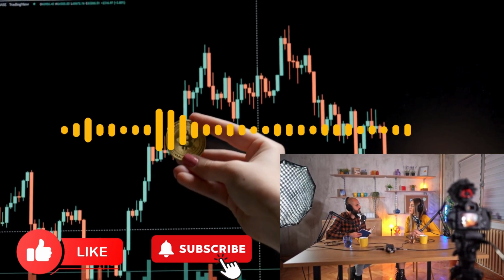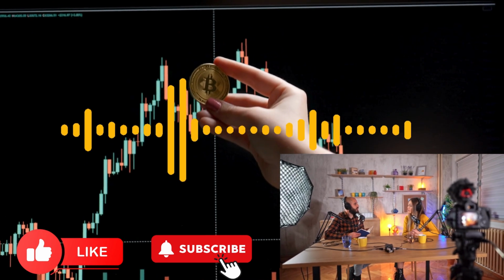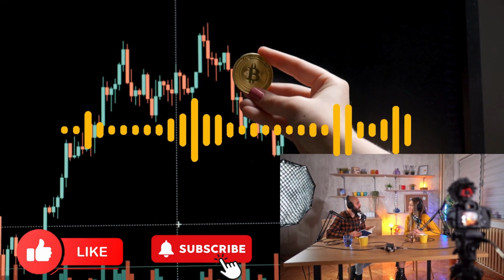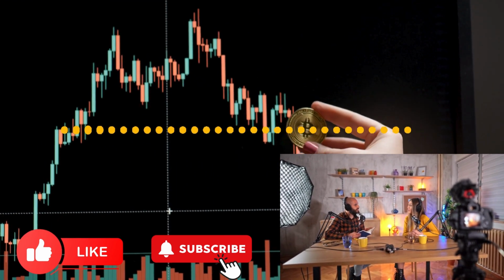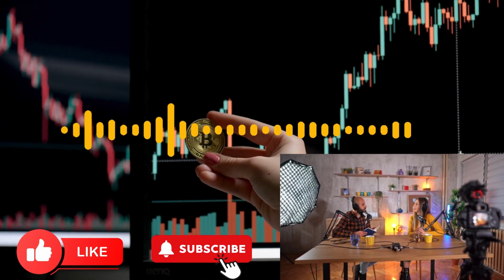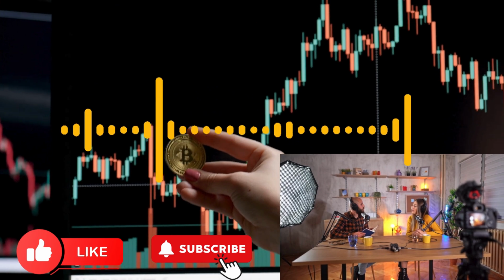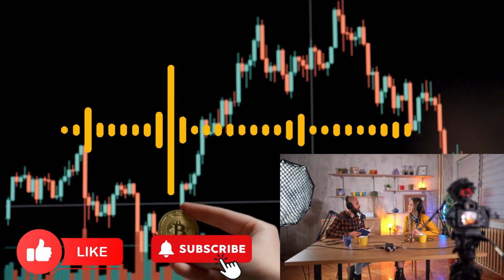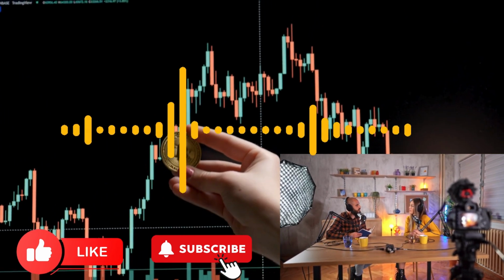So it's like Bitcoin's on this predetermined path. That's the idea behind it, riding these waves up and down. Basically, markets move in predictable patterns that repeat over time. But even with this framework, there's always room for variation. Multiple scenarios can play out.